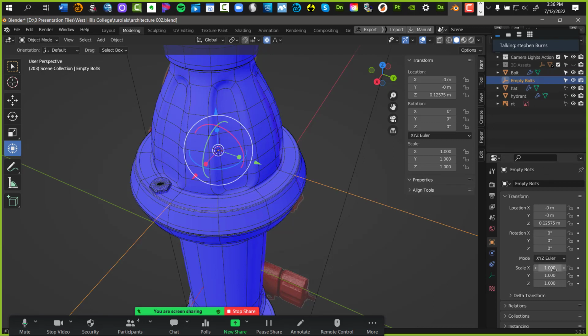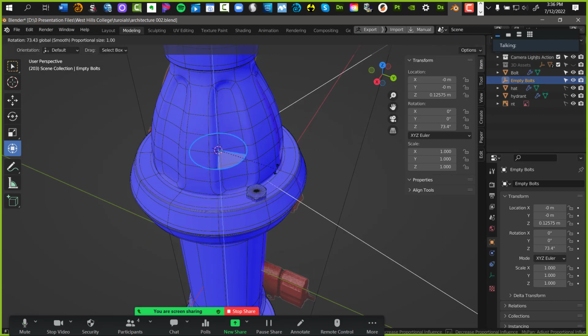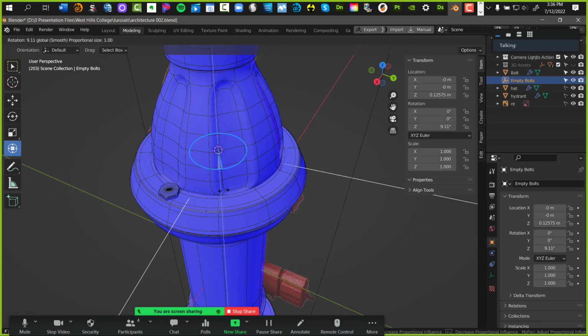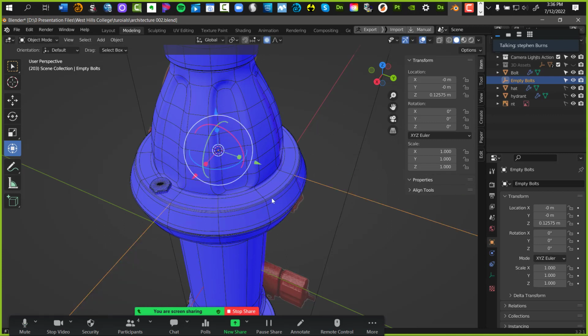And what I want to do is tell that empty to rotate, because watch what happens when I rotate the empty bolt. So empty bolt is targeted. When I rotate the empty bolt, oh, that's not working the way I thought it was going to. That should give me additional bolts.